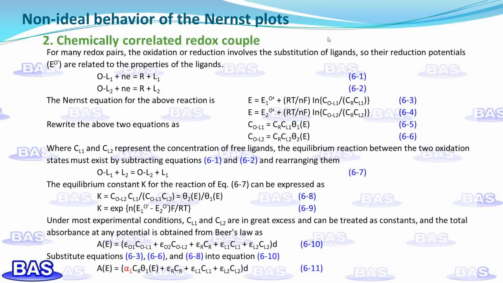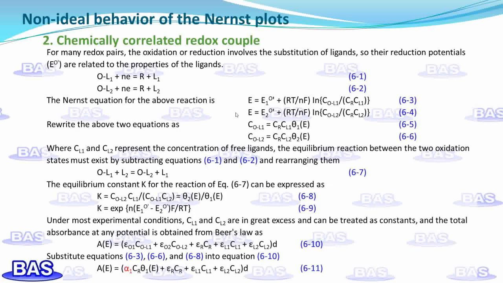First, the competition between two ligands for a given redox couple is discussed. For many redox couples, the oxidation or reduction involves the substitution of a ligand, therefore, its formal reduction potential is related to the properties of the ligand. To describe this situation, consider the competition between two ligands for the oxidized form of a given redox couple, where the two reactions have the same electron transfer stoichiometry, in which case the Nernst equation for the above reactions is